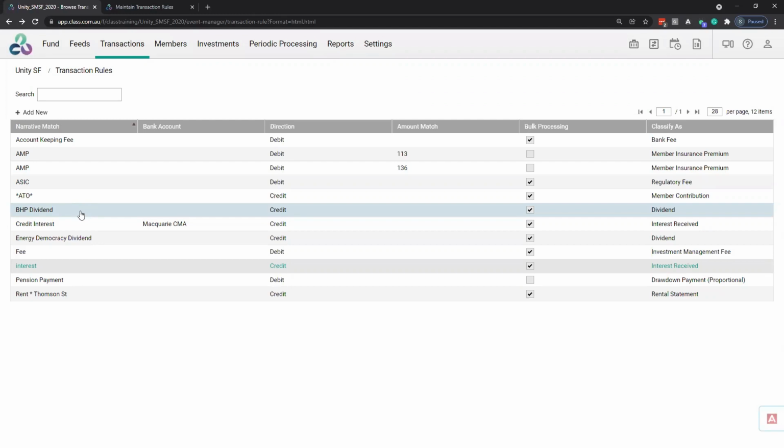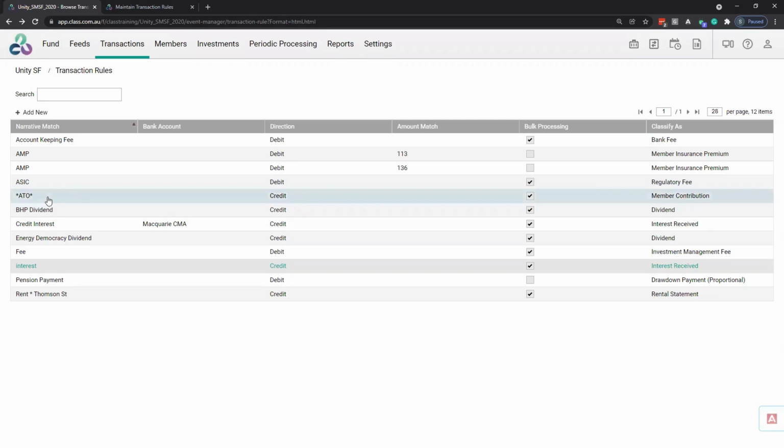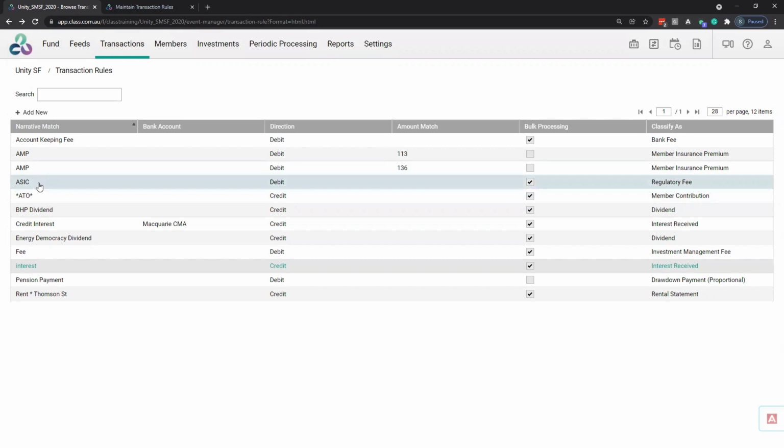Another example is using ATO or ASIC as a description. There are multiple things that can be matched off against the ATO, quarterly activity statement. It could be an annual tax payment. With ASIC, there could be an element of a fine or penalty as well as the regulatory fee. So we're better off matching that in bulk in the cash console.